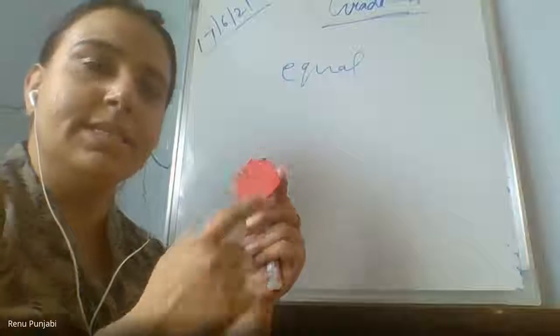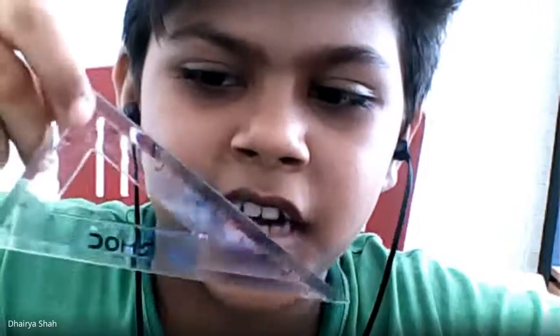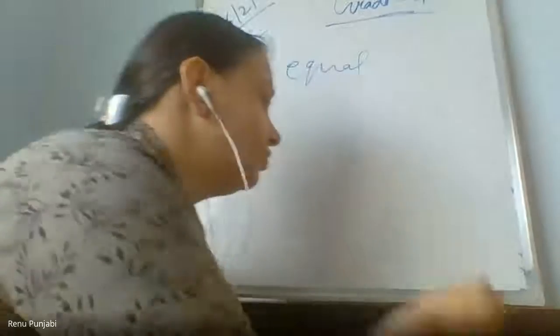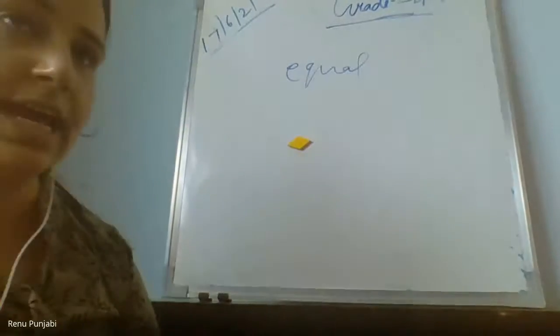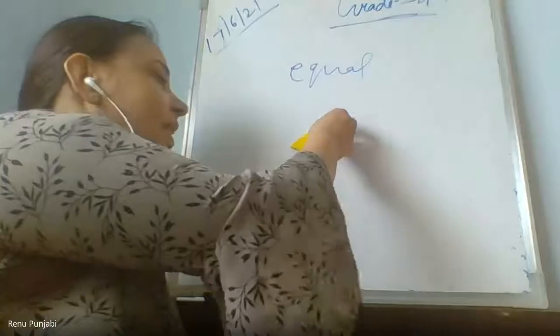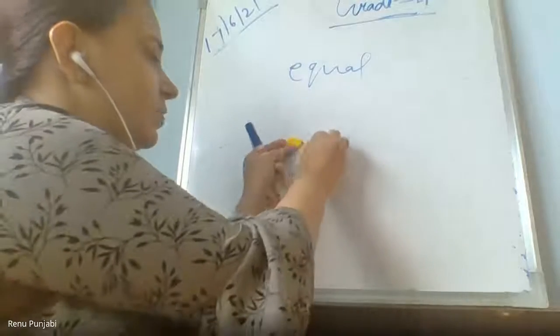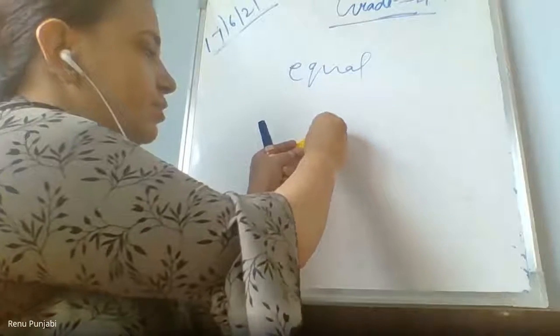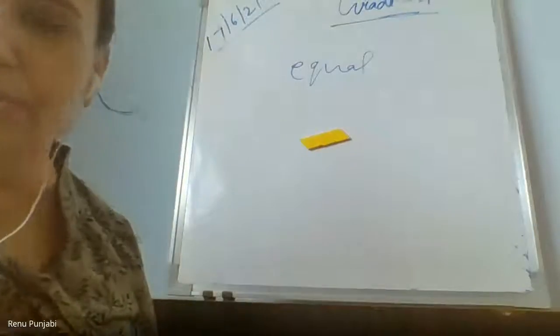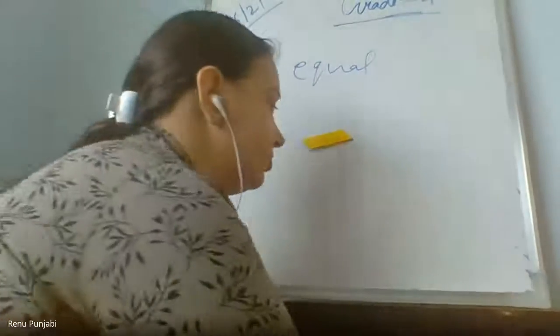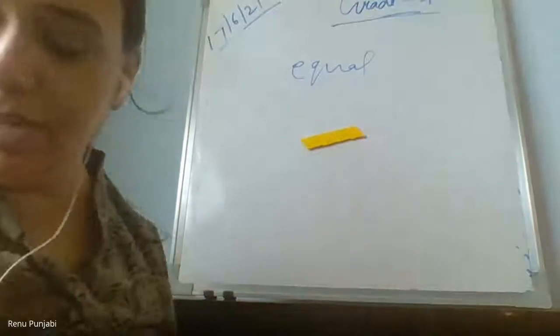Excuse me, ma'am. Yes. Ma'am, if we take a triangle like this, we can make this shape also. Yes, you can arrange. When you arrange this diamond also, you can arrange it in this way. You cannot arrange in this way. If you arrange this way, it will leave space. I need to put one straight and one slant, up and down. How you arrange is okay, but you need to see whether it is leaving a gap or not.